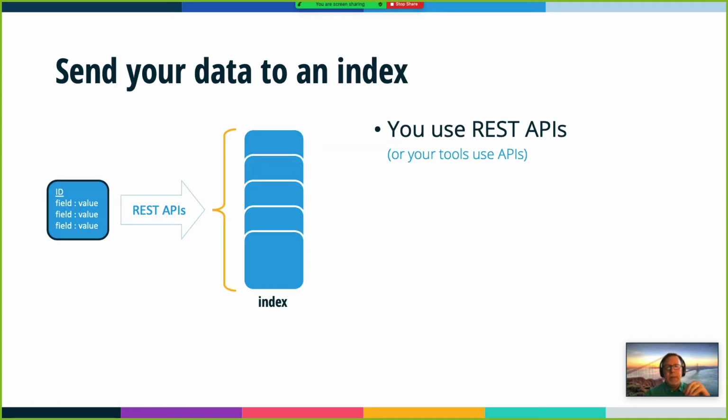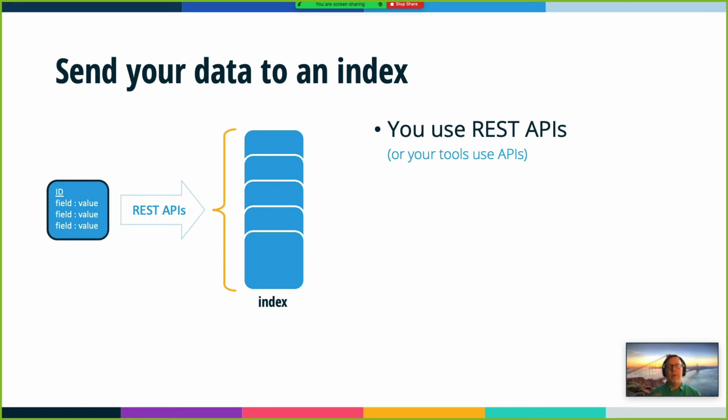The index is the core structure within OpenSearch. So when you send your data in, actually the core structure really is the document. The document is that JSON blob that you're going to send for indexing. It consists of an ID that's associated with it, along with a set of field value pairs. You use that REST API to send that document into an index. The index is the organizational piece. It's a logical, not actually physically realized, structure that enables you to gather collections of documents, right?